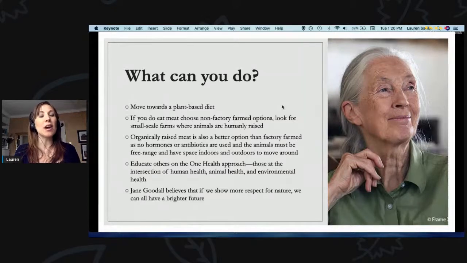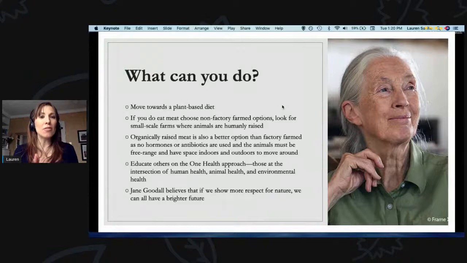And also educate other people about what we call the One Health approach, or what we say at JGI Canada is this interconnectedness. So we are part of the environment. We are animals. As humans, we're part of the animal kingdom as well. We are mammals, we are primates, and everything is interconnected. So our health is very tied into animal health and environmental health. When animals are healthy, when they are thriving, we and the environment are thriving too. And it all works together in this interconnected way.